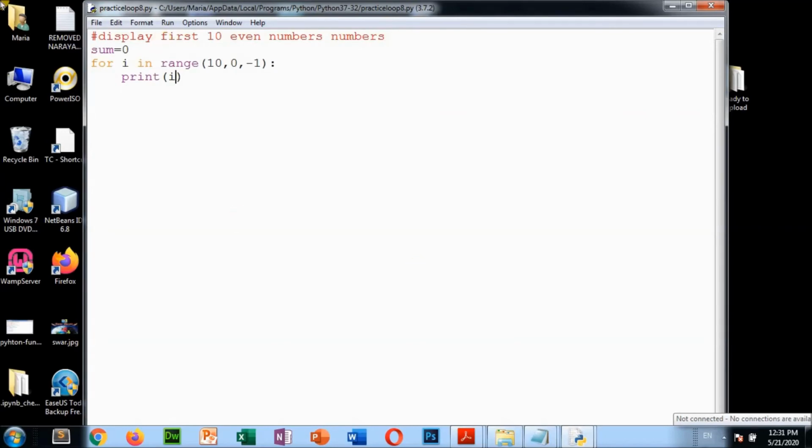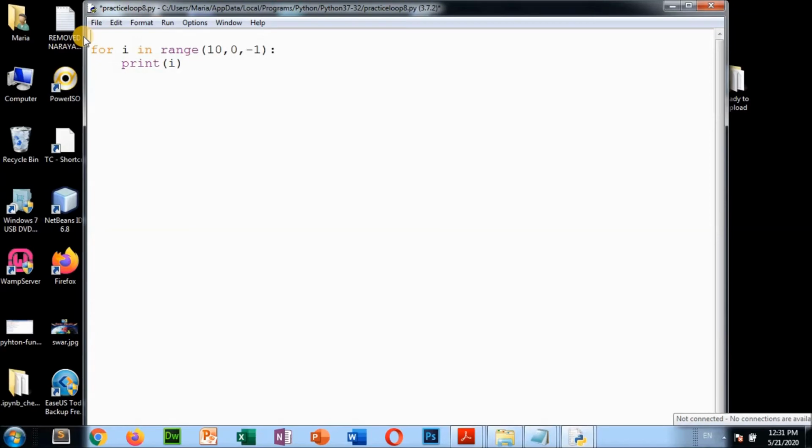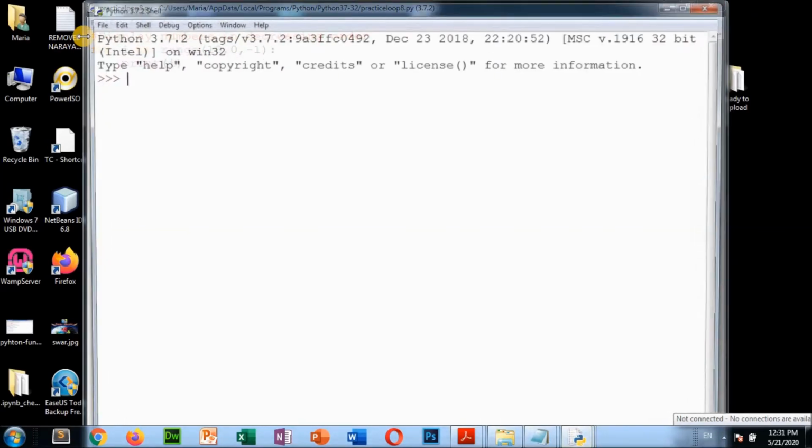Now this sum part is also not required, delete this. You can give the comment here: display numbers in decreasing order. Save this program. Now run this program, F5.